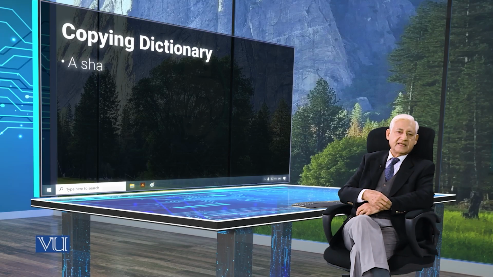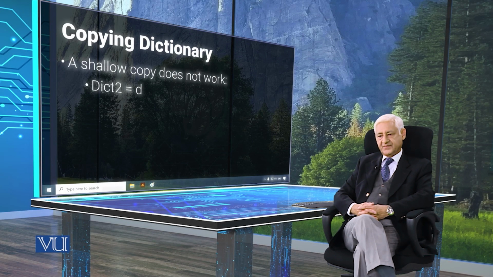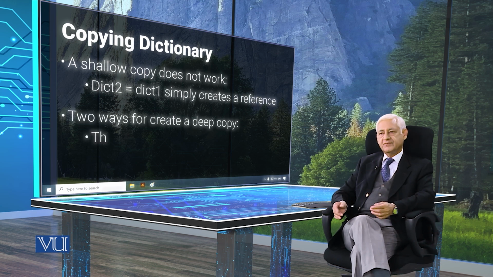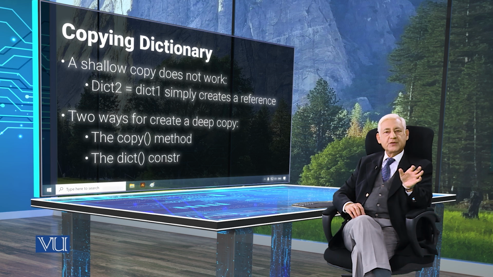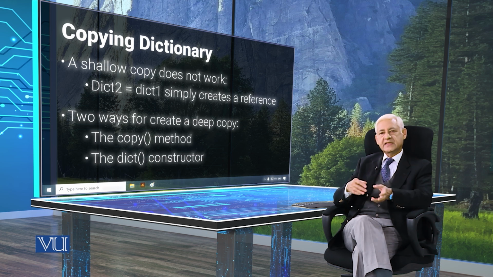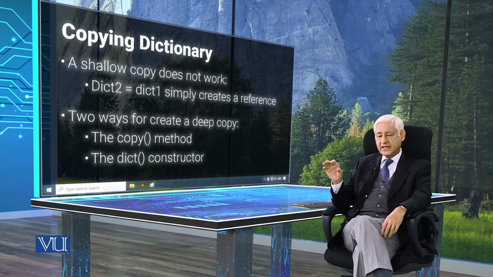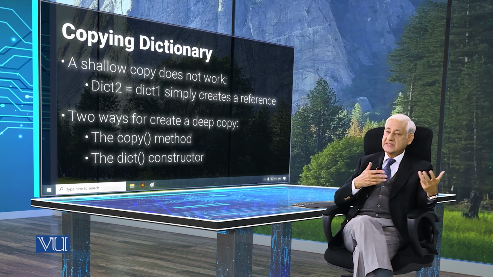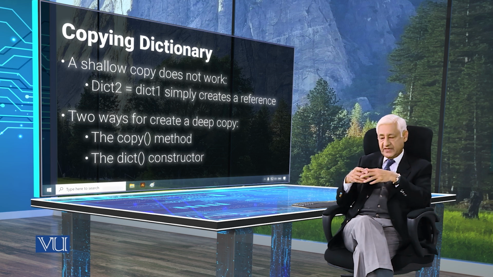चलिए जी, अब देखते हैं कि डिक्शनरीज को कॉपी कैसे किया जा सकता है। दूसरे भी कॉम्प्लेक्स डेटा टाइप्स के साथ हमने देखा था कि अगर सिंपल हम कॉपी करें कि dict 2 इज़ इक्वल टू dict 1, तो वो इन ट्रू सेंस कॉपी नहीं बनती, वो एक रेफरेंस बन जाता है टू द ओरिजिनल आइटम। So if we just said dict 2 equals dict 1, dict 2 would have just been a reference to dict 1, which means कि अगर dict 1 के अंदर कोई भी चेंज होगा तो dict 2 को देखेंगे तो वो चेंज नज़र आएगा, because it's a reference looking at the same place in memory rather than